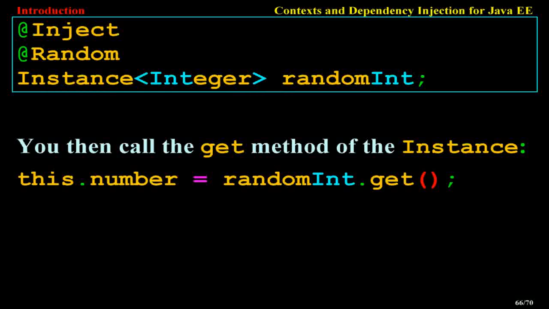You then call the get method of the instance: this.number = randomInt.get();